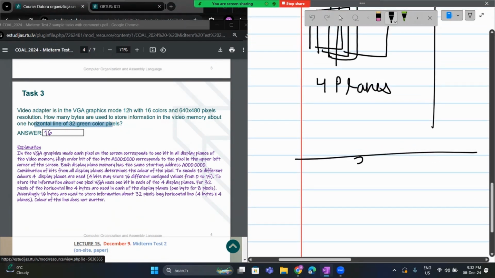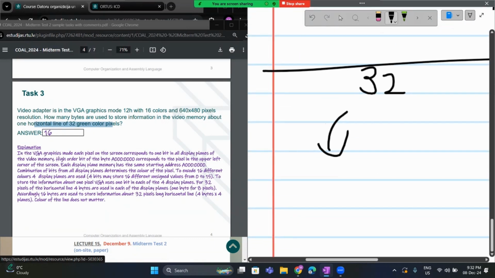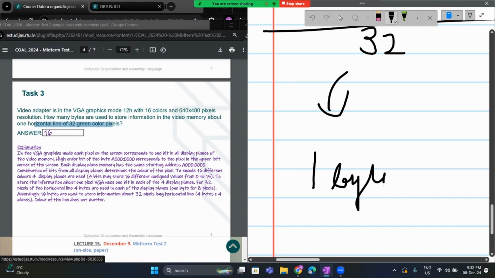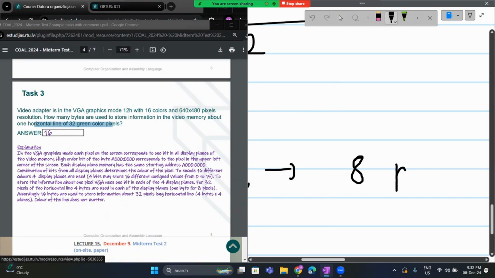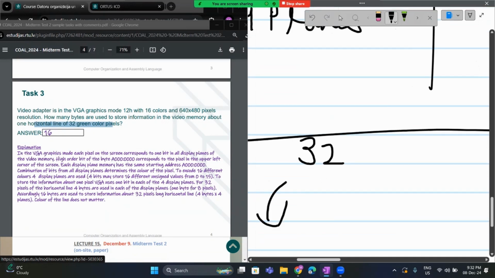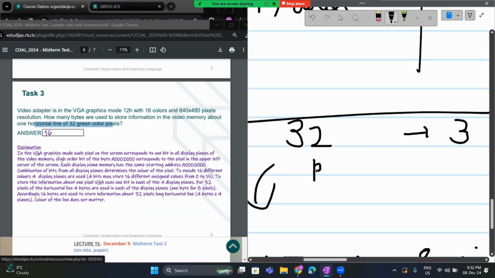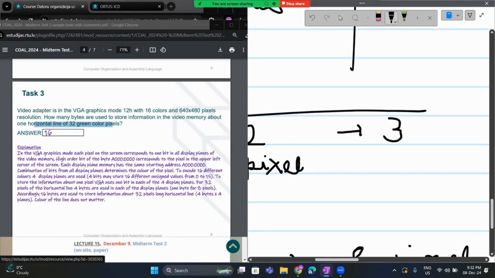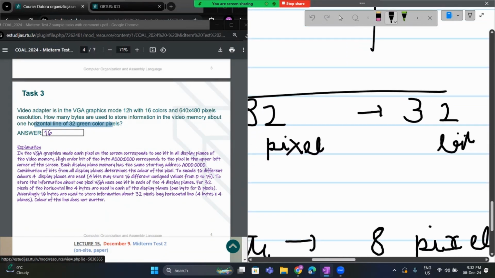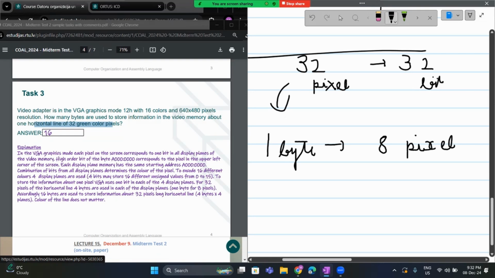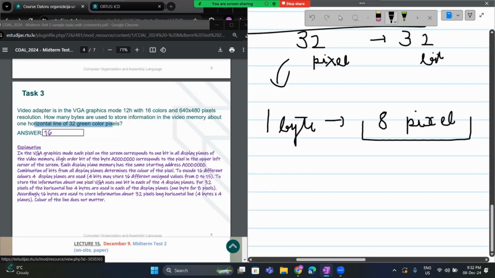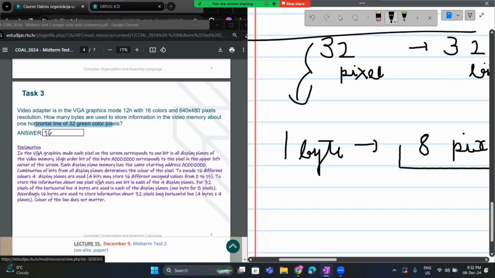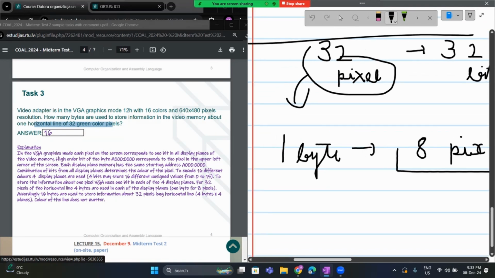So there are 32 pixels. The main thing to know is that 1 byte saves 8 pixels, because each pixel is represented by a bit. The 32 pixels are represented by 32 bits, and each byte has 8 bits. That's why every byte represents 8 pixels. So what we want to do is represent 32 pixels, so of course there will be 4 bytes